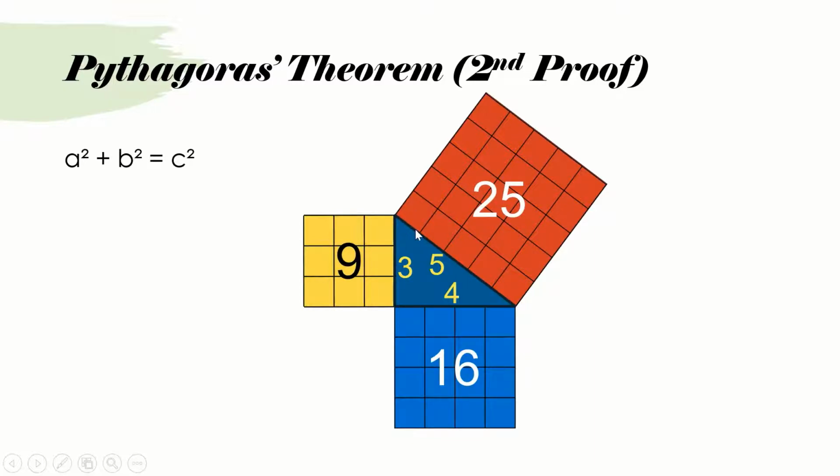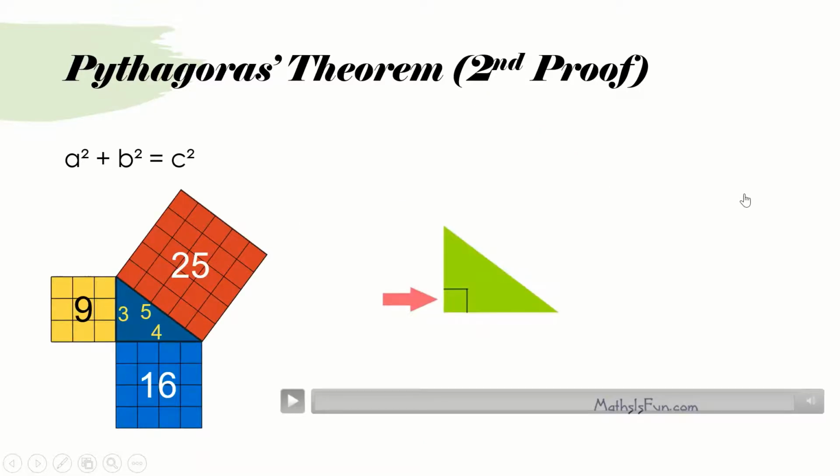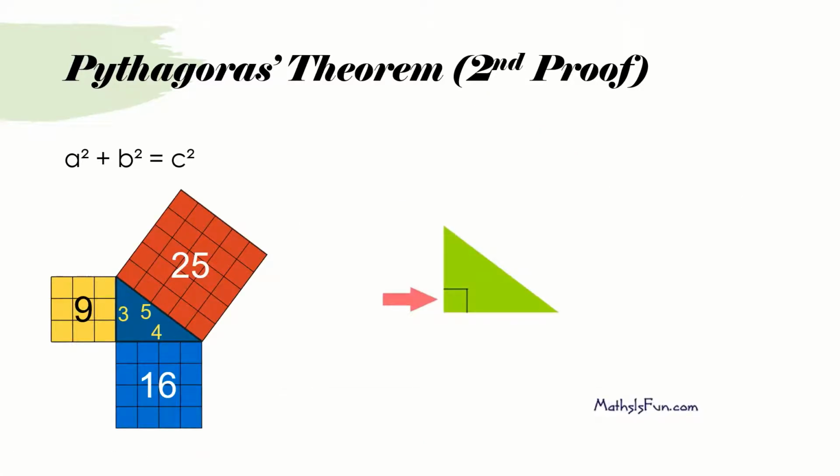So if you were to draw on a piece of paper 3 and 4, make sure it's a right angle triangle, you find that the hypotenuse will be equal to 5. That's one way you can draw it out. The other way is, if I were to use technology to make